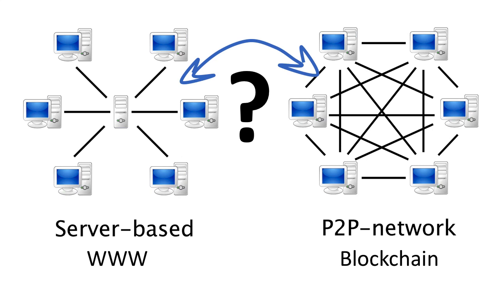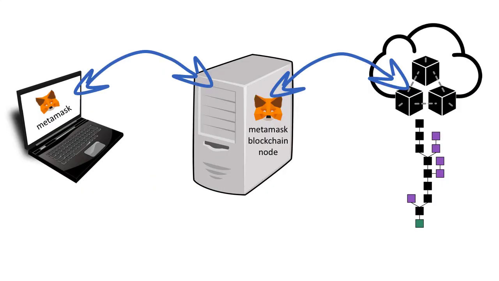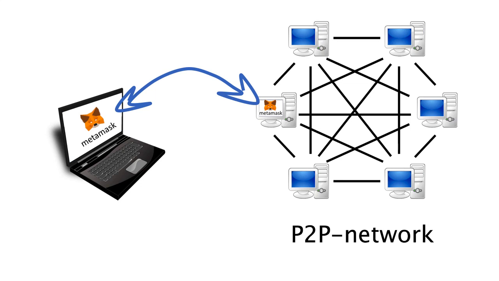Now, we're going to do precisely that, and we're going to be using a plugin on our browser that will be delivered through a web application, and that plugin will reach onto the blockchain and make a connection to one of those nodes. Now, the node that it is connecting to is a node that is being run by the authors of the plugin, and through it we can perform transactions without having to have a full blockchain node on our